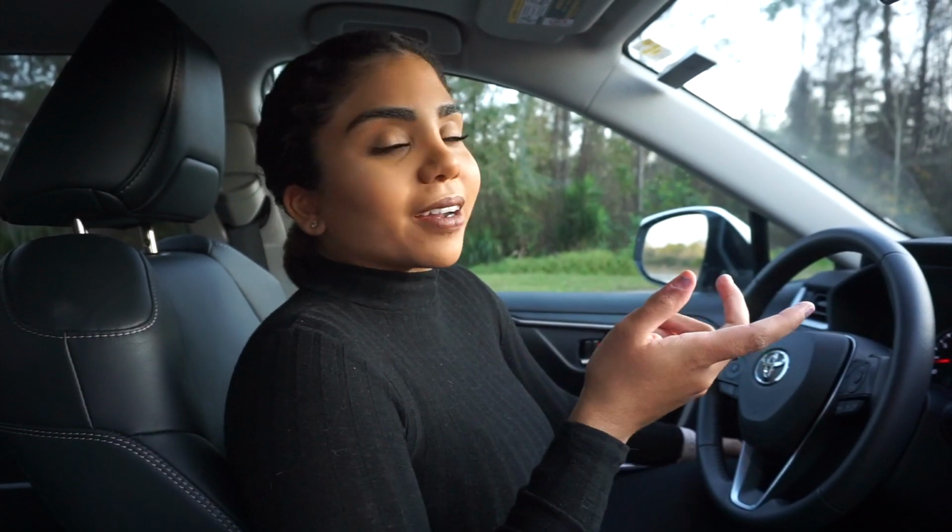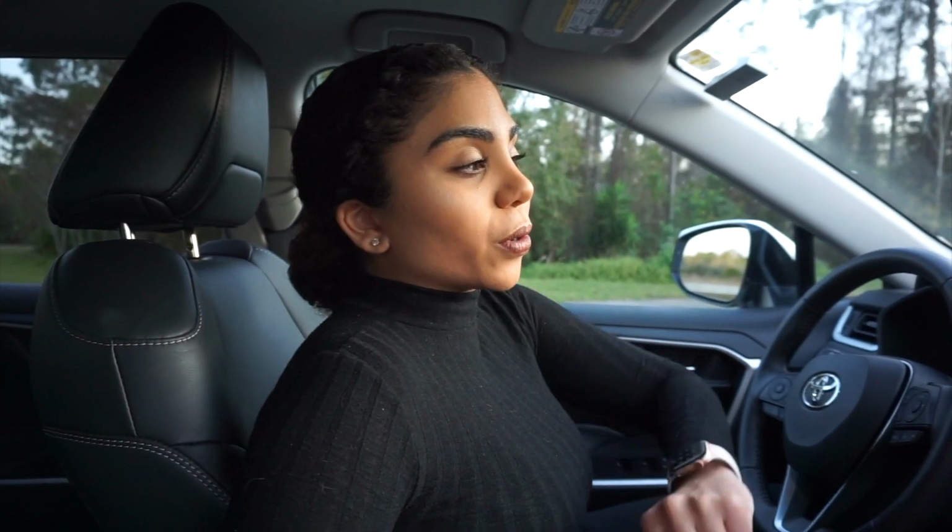It also comes with Apple CarPlay, which is easy if you have a passenger that wants to just plug in their phone and be DJ. It's easier for them if it's not connected to the Bluetooth already. It also connects to your GPS on your phone when you have it on CarPlay, so you can see it on your screen. It's actually way easier than looking at it on your phone, which might be a little smaller